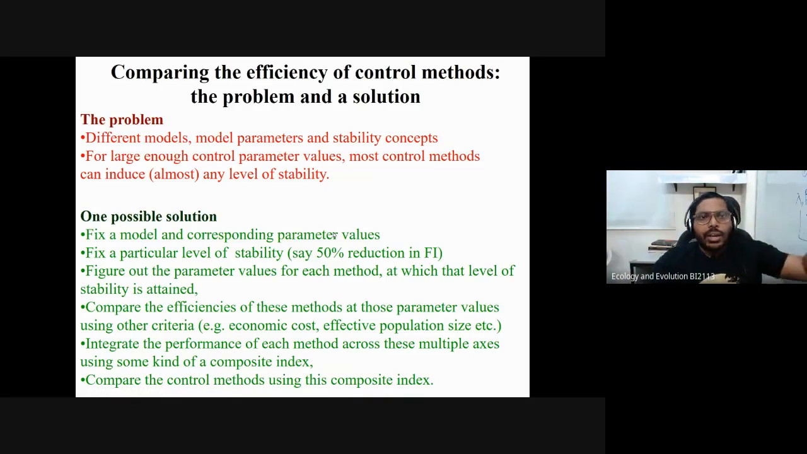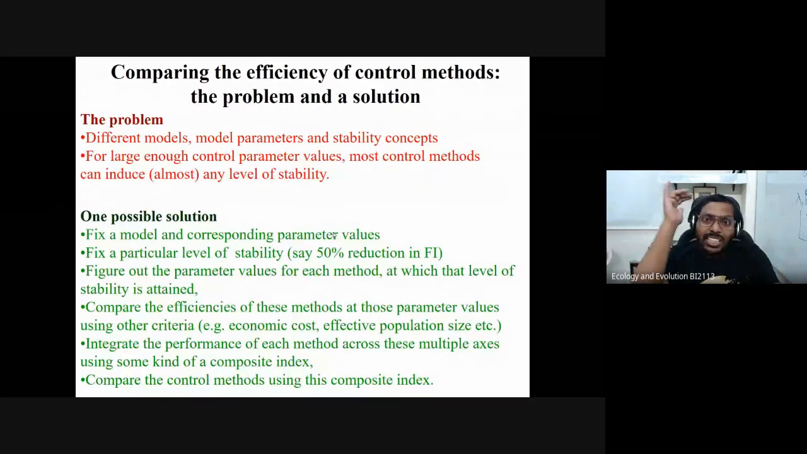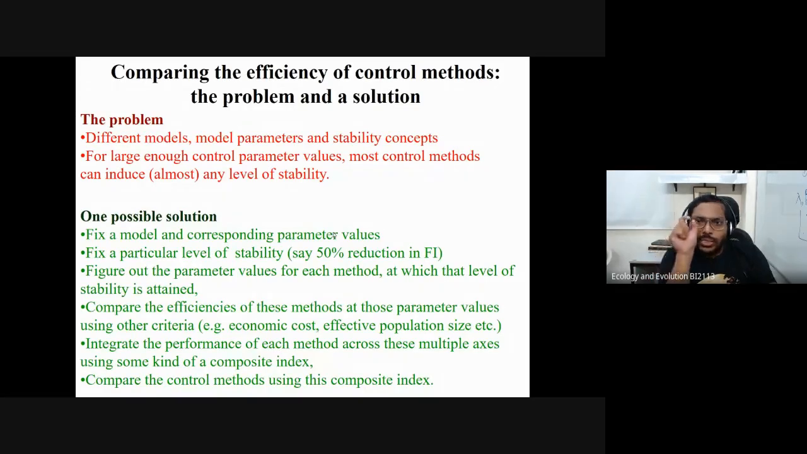You can't compare Ricker with Hassell with logistic with something else. And then for that model, you have to fix a particular target. It can be anything, but it has to be a fixed target, say a 50% reduction in FI. And then for each method, figure out the parameter values at which that level of stability is going to be attained. And then you have to figure out the efficiencies of these various control methods for those parameter values